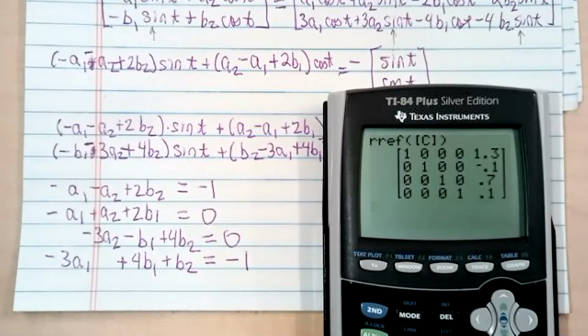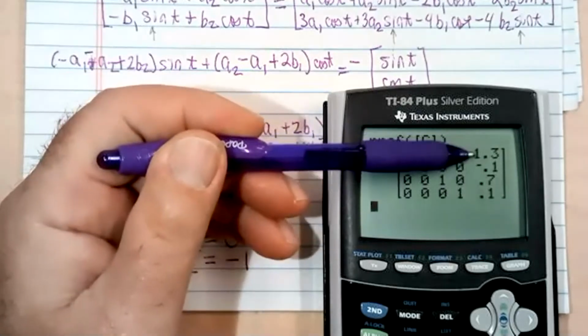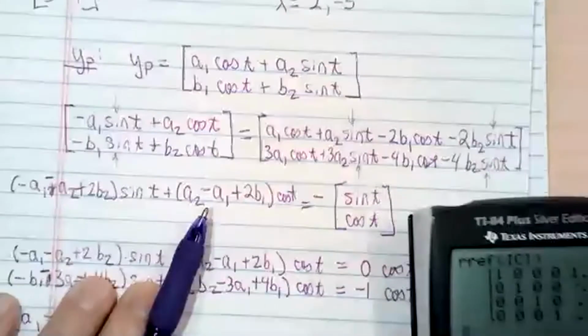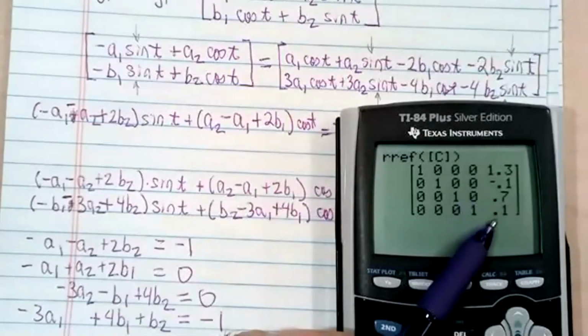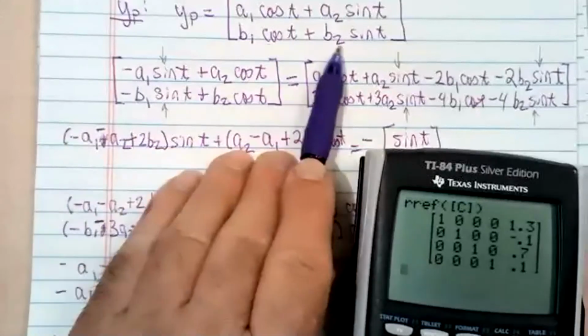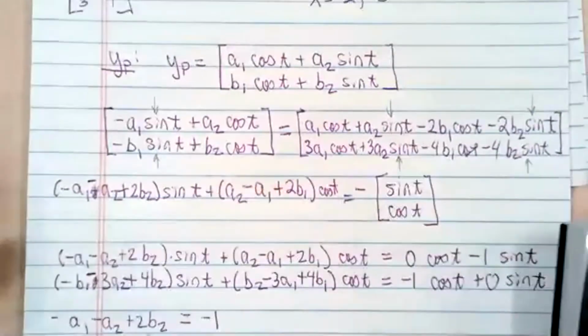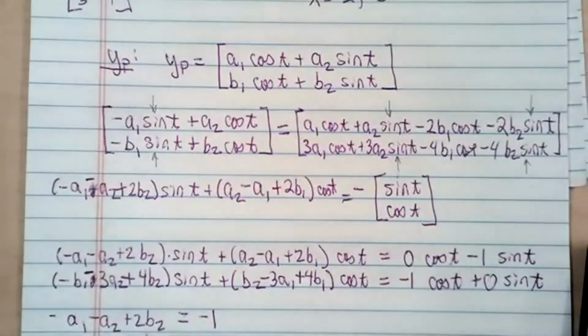Looking better. So who knows? That might be correct. But those are the coefficients A1 and A2 that go here. And the coefficients 0.7 and 0.1 would go here and here. And that's the particular solution. The homogeneous solution, just like we did before,